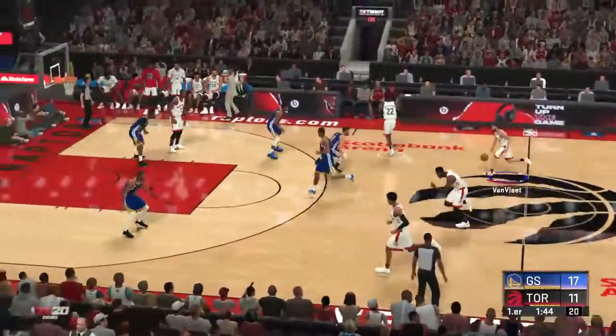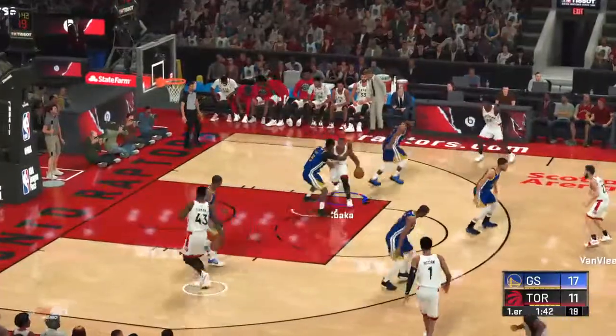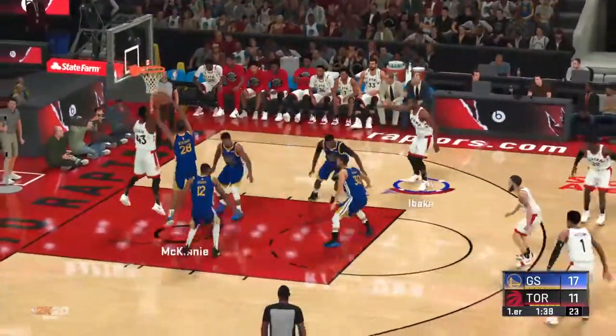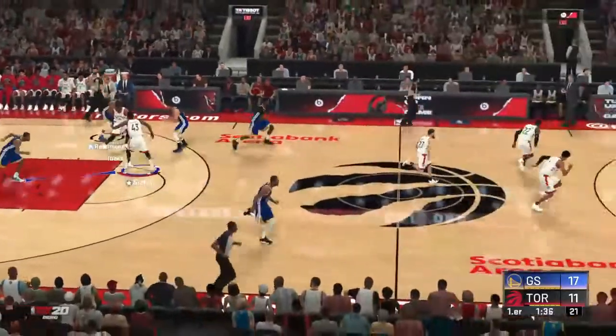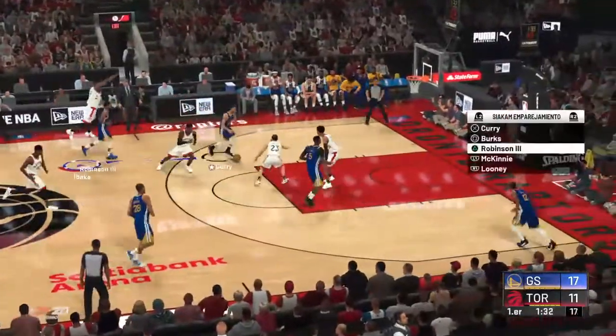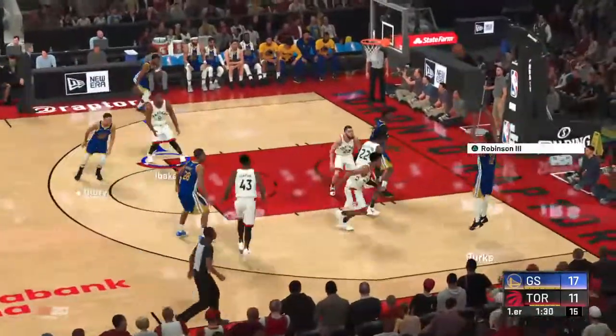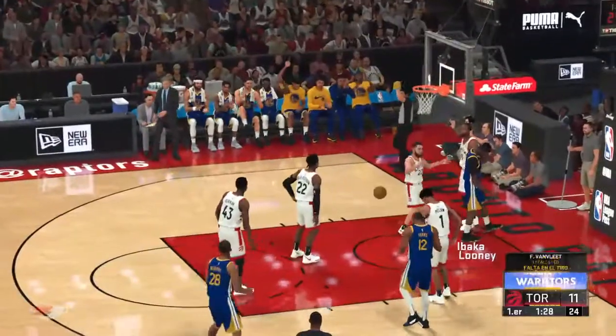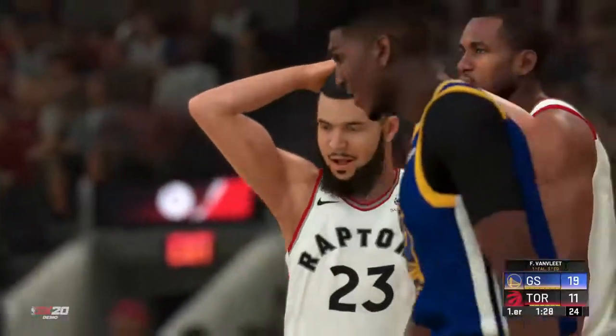Yeah, you have to protect the rim, Greg, a little better. Also, if you can't get stops at this point, it really doesn't matter what you do at the offensive end. The Warriors have gone 8 of 15 from the field, shooting above 50% here tonight. Here's Burks. Second shot opportunity, and he makes the bucket, gets the whistle, and now a three-point play chance here